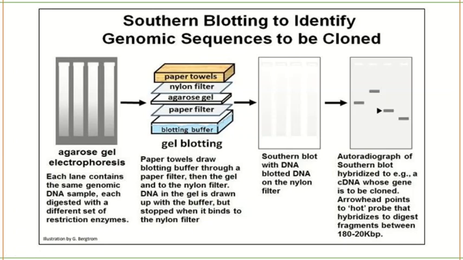After that, you're going to use probes for hybridizing the target DNA. After hybridizing the target DNA, you're going to see it in the autoradiograph because the probe is radio labeled, so it will bind to the gene of interest and give you the emission, which you can see in the autoradiograph. In this way, you can select what type of sequence you want to clone for the genomic DNA library.